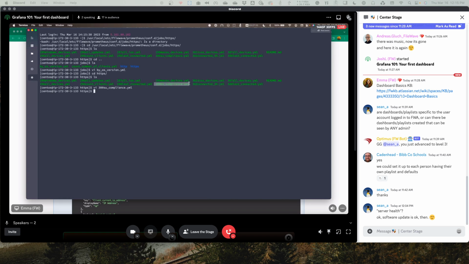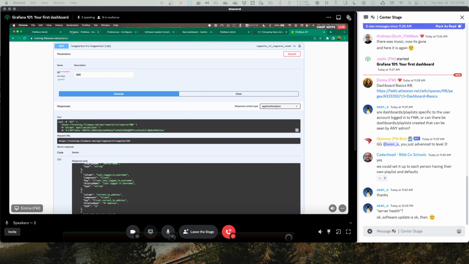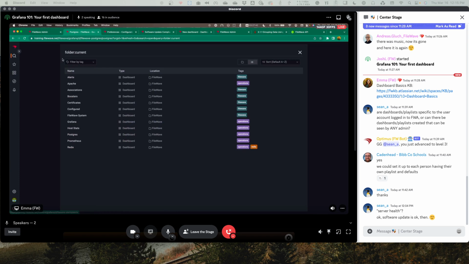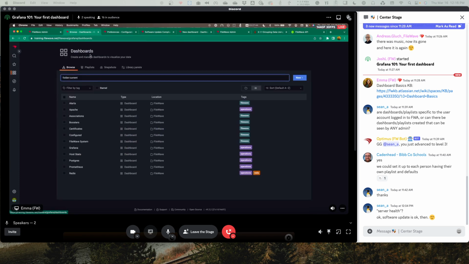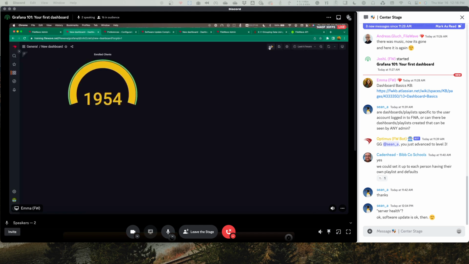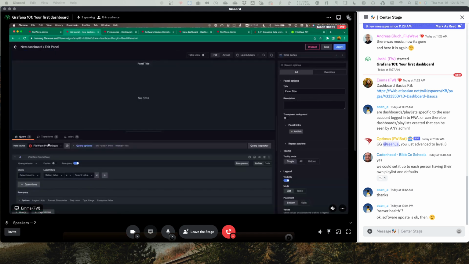Sorry, wrong one. I can see it in there. And then eventually inside your dashboard, oh, got it filtered. There we go. Inside your dashboard, if we add a new panel and we set this up for FileWave Prometheus, we'll have a